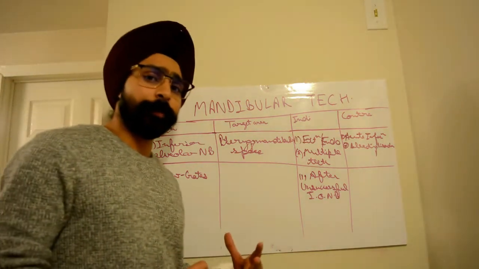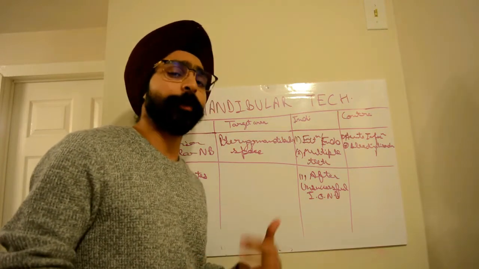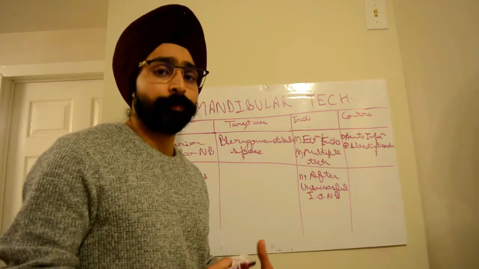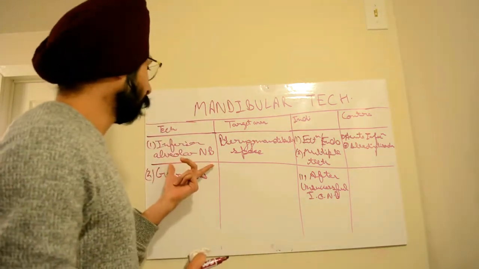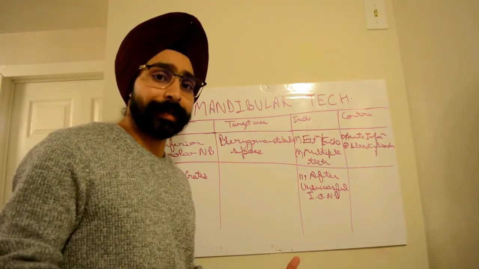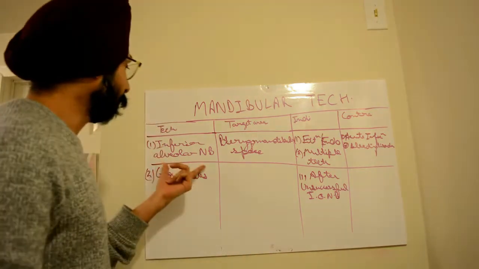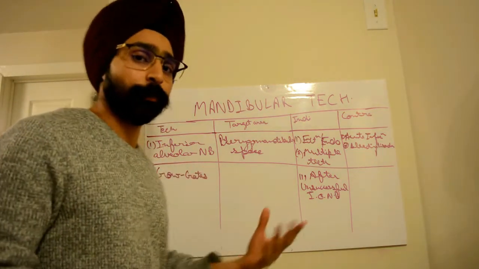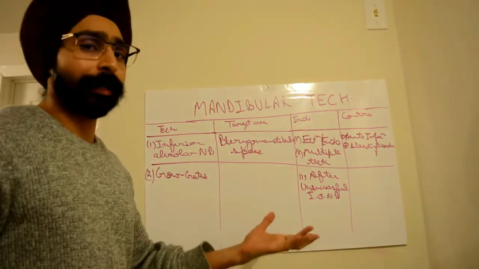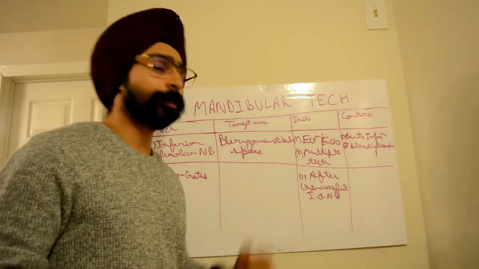Guys, you always remember that in case of ACJ exam, we don't repeat the injection. Of course, in a normal scenario, you will repeat inferior alveolar nerve block in any clinical situation. But in case of ACJ exam, we never repeat any injection. So when inferior alveolar nerve block is not successful, we will move on to Gow-Gates technique. The contraindications are the same, that is acute infection or if there is bleeding disorder.